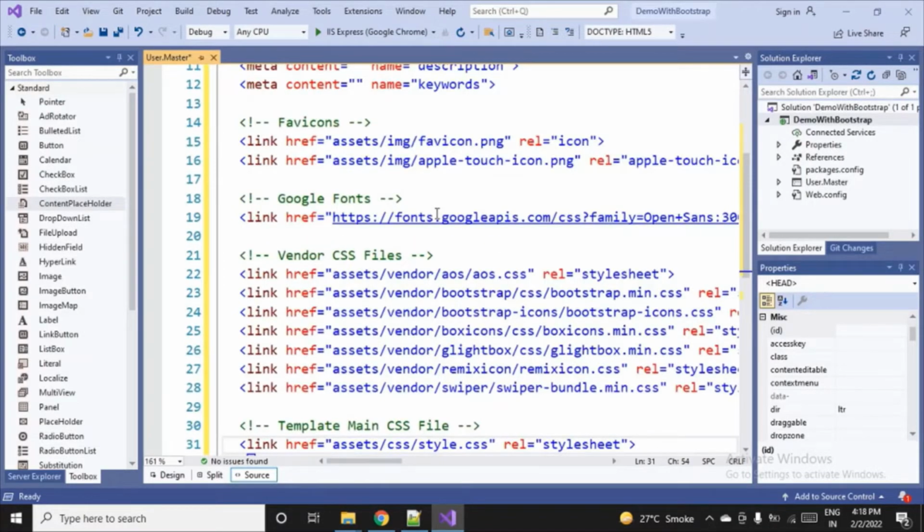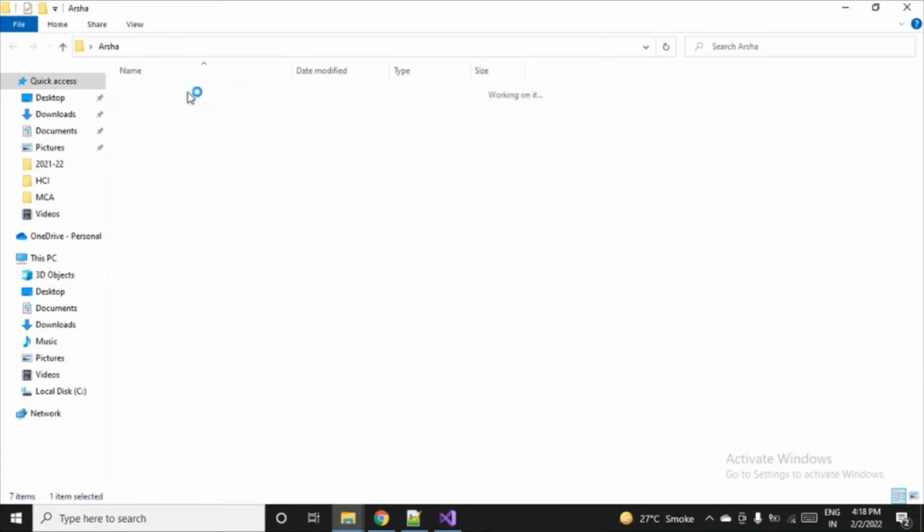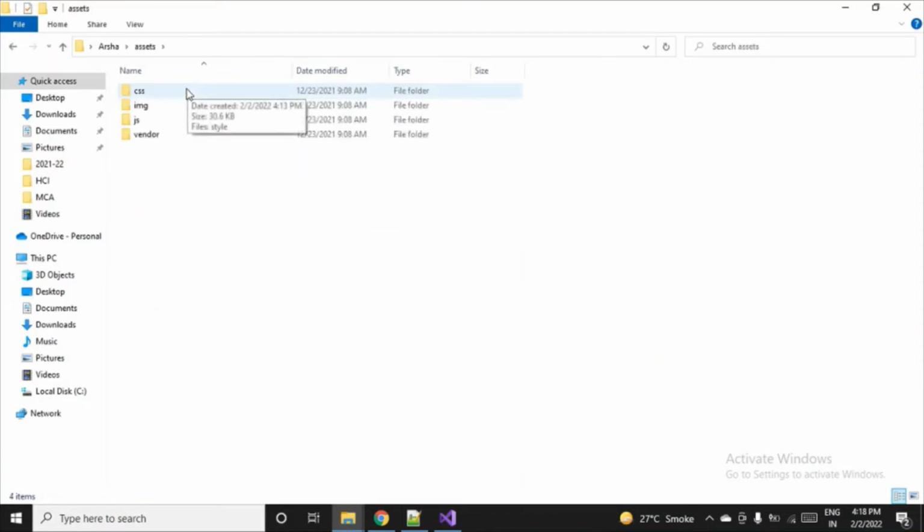After pasting, of course, you all can see we are referring to several files here, and I have downloaded the template with all the assets. So all the files are actually here. You can see assets. Inside assets there is CSS, then the IMG image folder, and JavaScript files, and some related to the vendor folder.